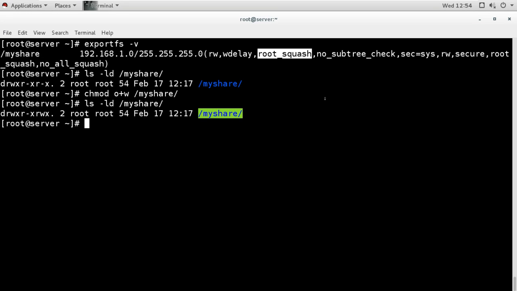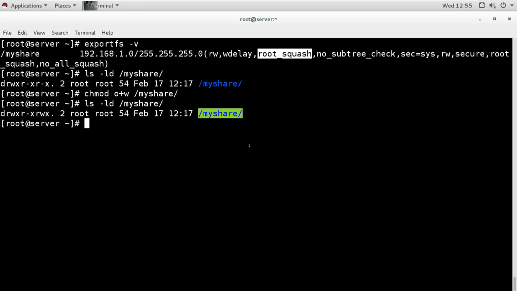Root squash means it is squashing the root user, and it is not considering the root user of the other machine as a root user. If we want it to consider the root user of the other machine as a root user, then we can make a change in the setting, and we can add no_root_squash. With the default setting, it is not squashing all the other users, that is normal users, but it is squashing the root user.